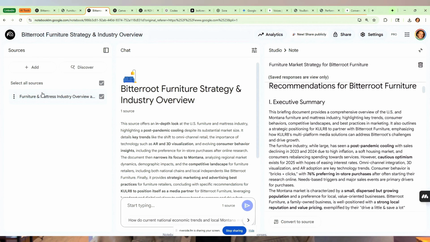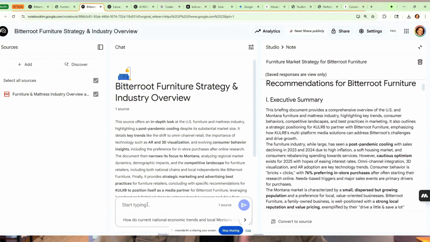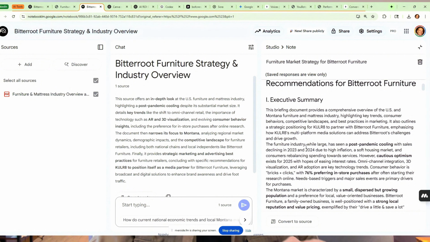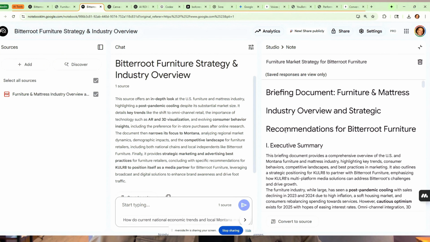But like we discussed earlier, you can now upload that to Notebook LM. Super easy to use, off-the-shelf tool. You can see I've uploaded that full research report, and now I have a mini large language model referencing only this research report, giving me a summary, giving me an executive summary, and now I can also prompt it with